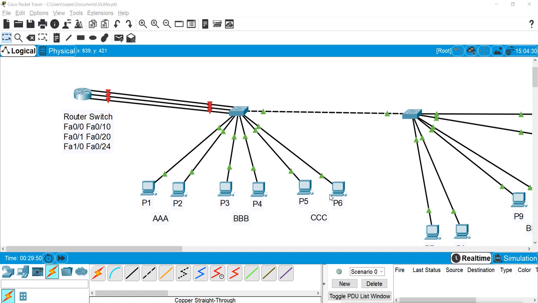So what we'll do here first on the switch, I will configure these ports of the switch to those particular VLANs. The port which is connected to the router's first port, I will make that port a member of VLAN A. Then the second port I will make a member of VLAN B. The third port I will make a member of VLAN C, so that the port will belong to that VLAN for the router. So this configuration we will do first on the switch. So I will open this switch where these 3 ports are connected.